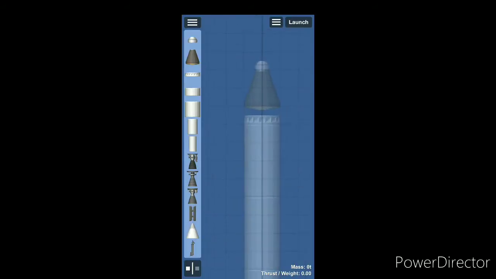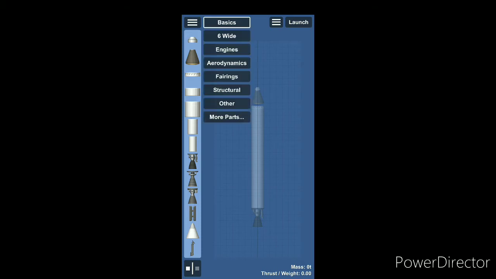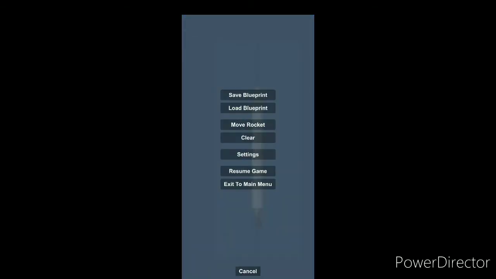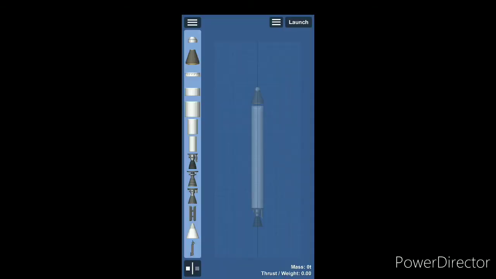There's something called build rocket. So you'll get some kind of graph like this. This is the maximum size and width the rocket should be. And on this corner when I'm clicking now, this is the place where you can choose different parts. Here are some kind of exit menu and all. Now if you zoom in here, they've already given a tutorial here. If you want, you can follow this tutorial and go ahead with the game, but I'm not going to follow it. So we are going to build a rocket here now.